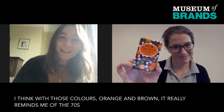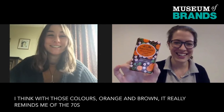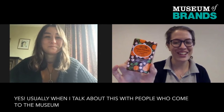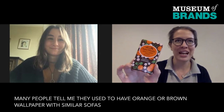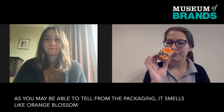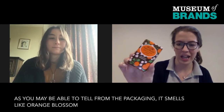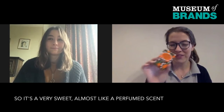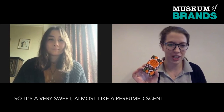Well, I think with those colours, the orange and brown, it really reminds me of the 70s. Yes, when I talk about this with the people who come to the museum, so many people tell me that they used to have orange or brown wallpaper with similar sorts of sofas. As you may be able to tell from the packaging, it smells like orange blossom. So it's a very sweet, almost perfumed scent, which